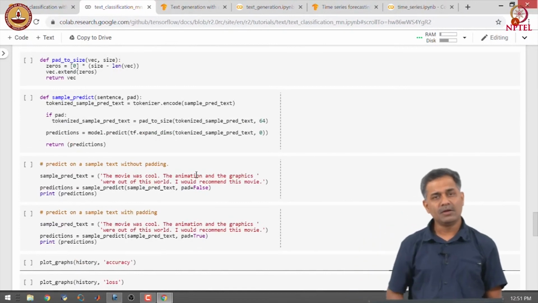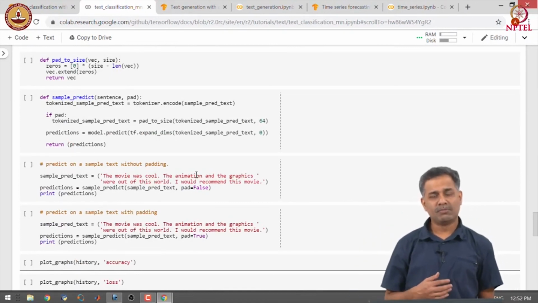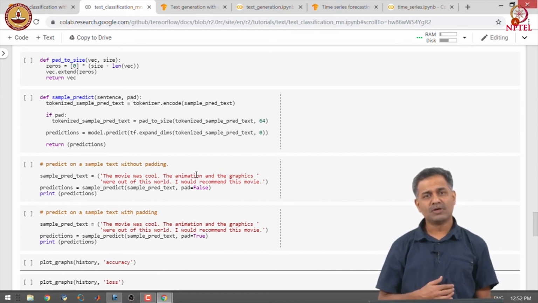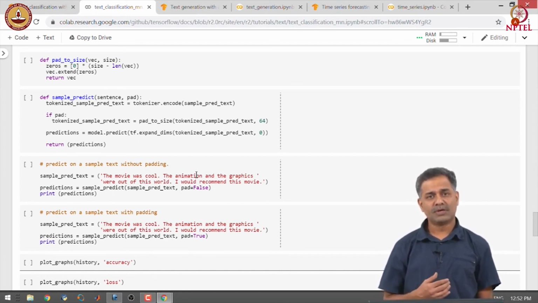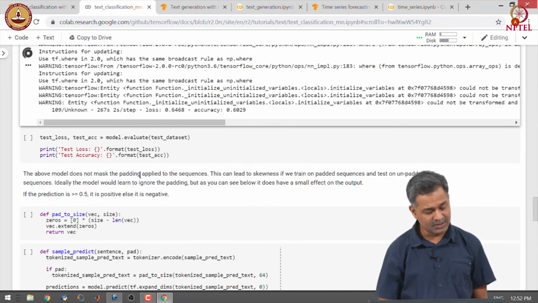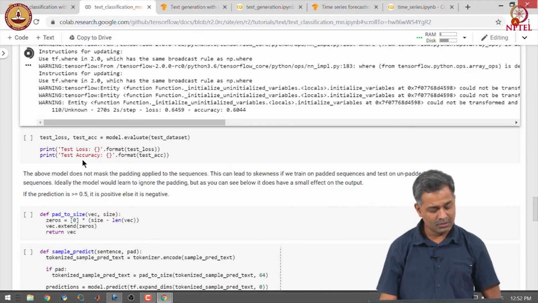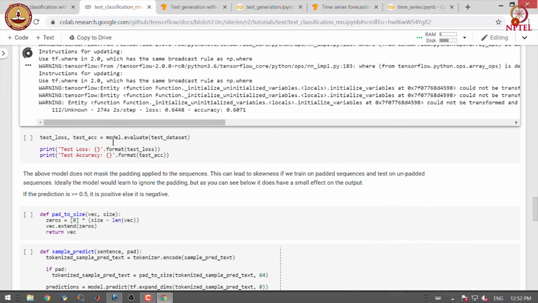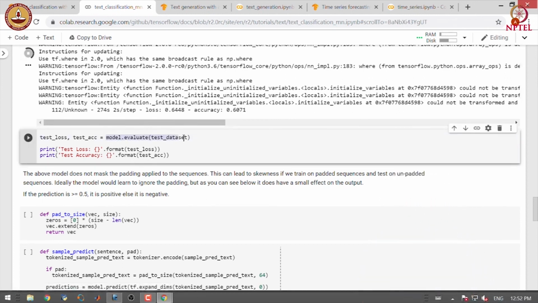The training usually takes longer to complete because we are training on a large data set. As homework, you should go through the training process and check out the results on the test set. You can use the evaluate function on the model and obtain the test loss and the training loss.